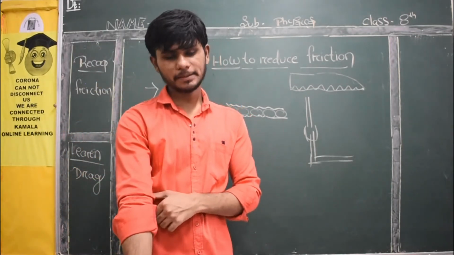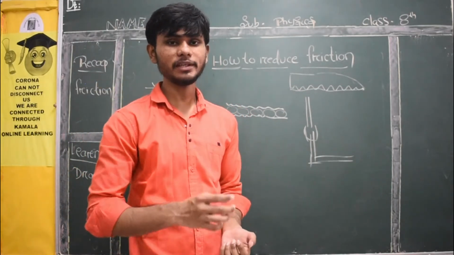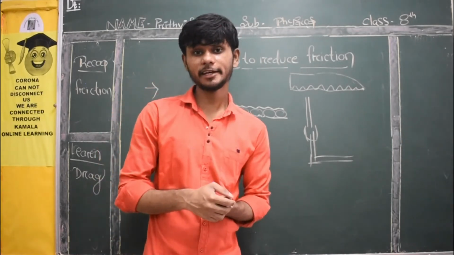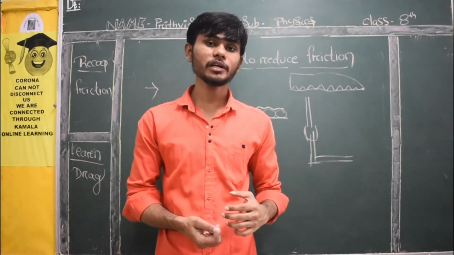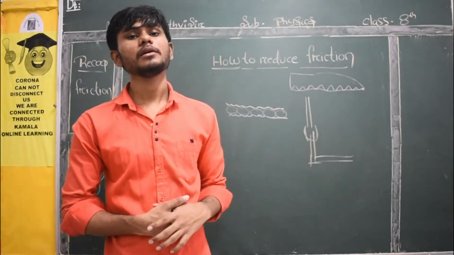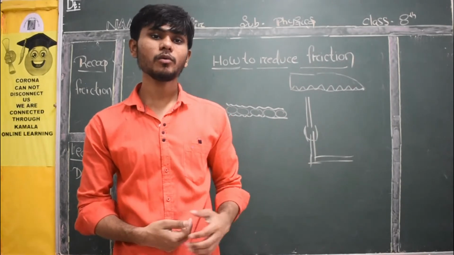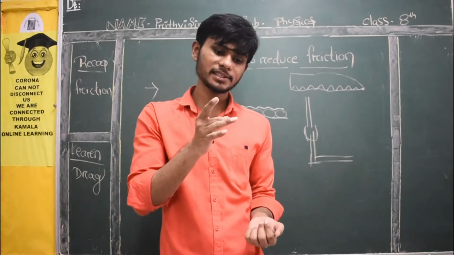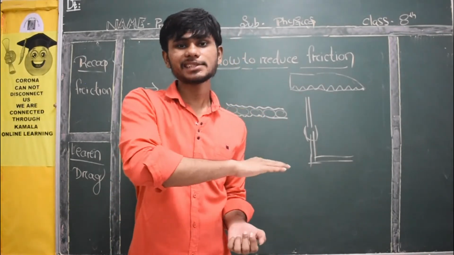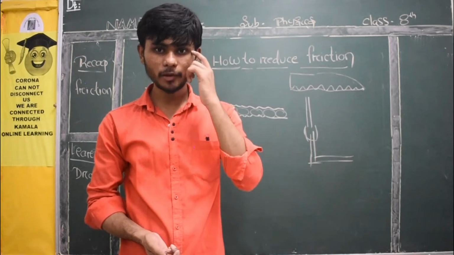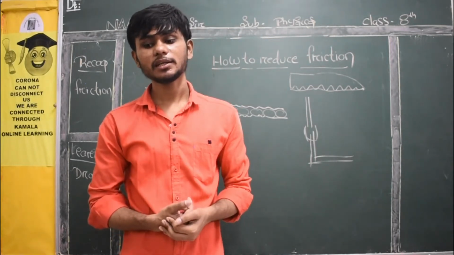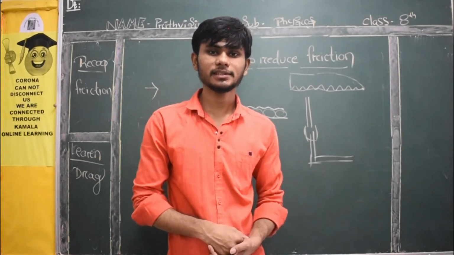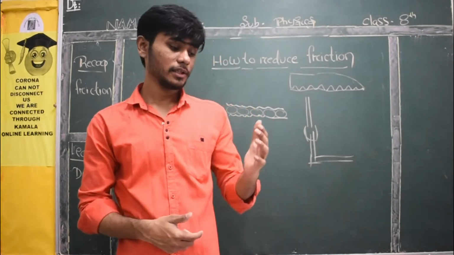Here is another example we can take. Have you ever played carrom board? Yes, you all have. While playing carrom board, first we put fine powder, carrom powder. Why are we putting that? To make the surface slippery so that the striker will slide smoothly. If you don't put it, nothing will happen, but they may get stuck. You won't get the smoothness. So it is another way of reducing friction.